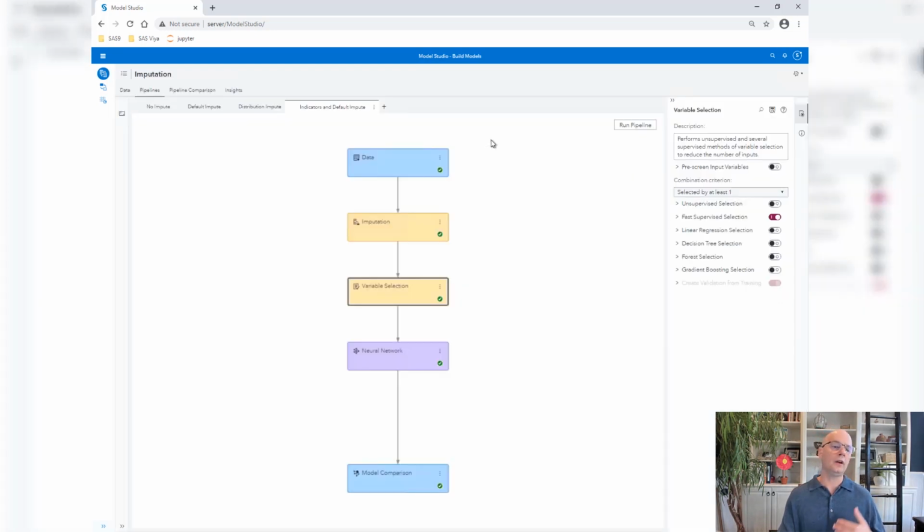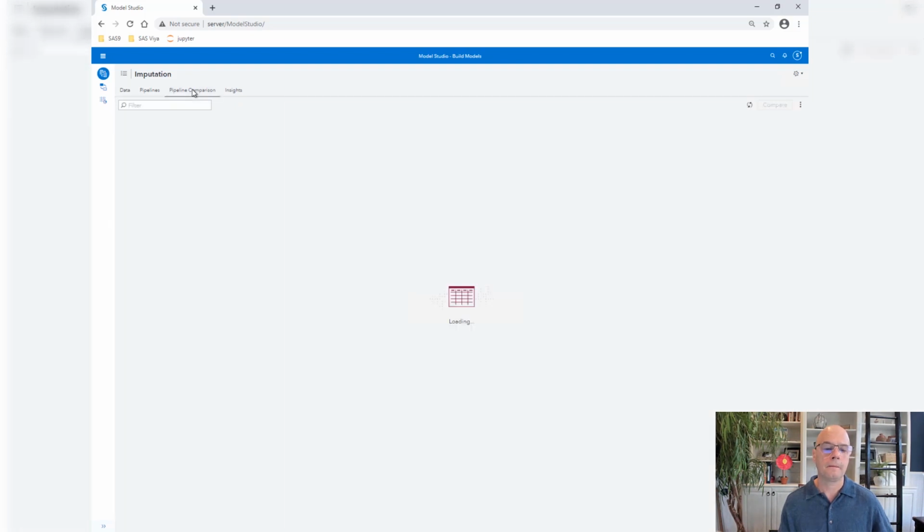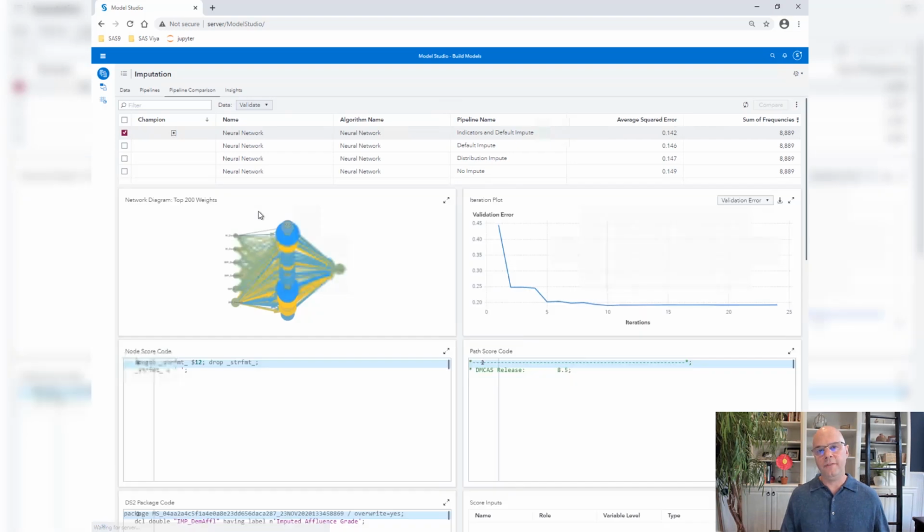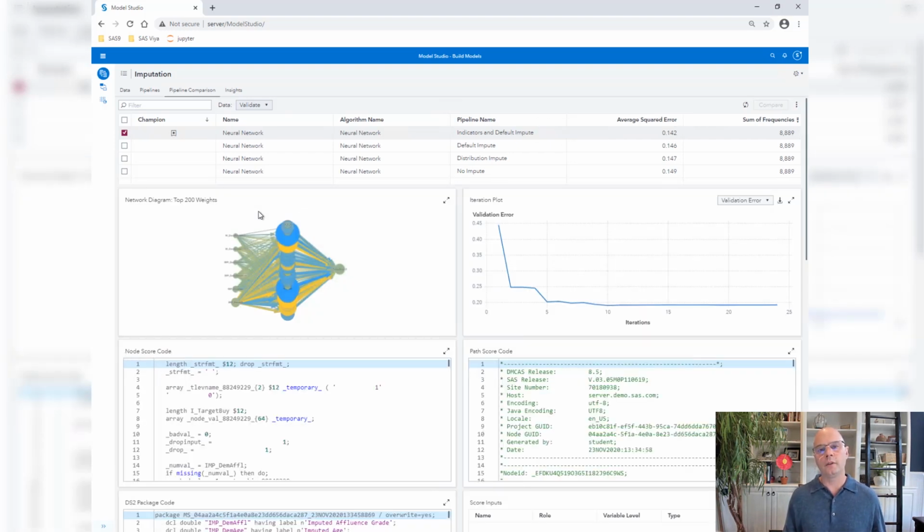Well, let's take a look at the final punchline. Let's take a look at our pipeline comparison. Let's compare each of the models from all of the pipelines. Now, to be fair, the neural network that was built on complete case analysis, that's the one from the pipeline called NoImpute, it's not really fair to compare that model with the others because it's technically been built on a different sample.